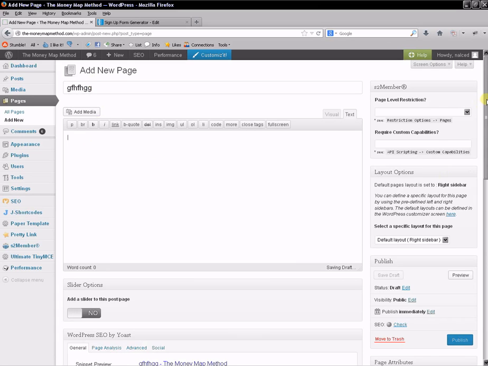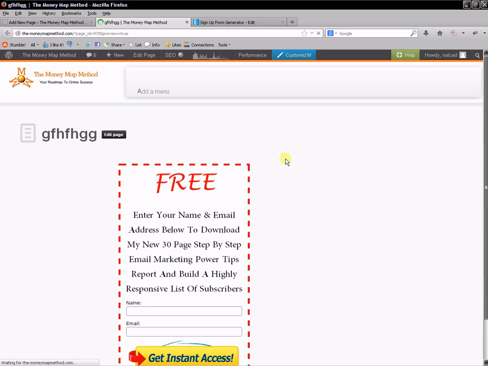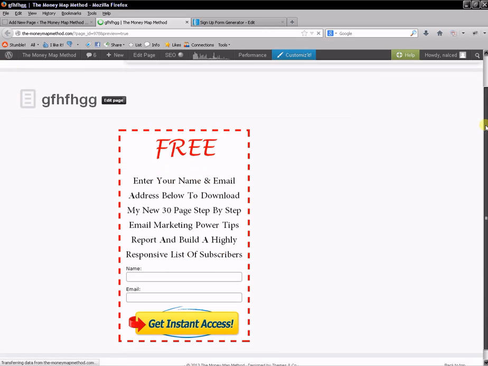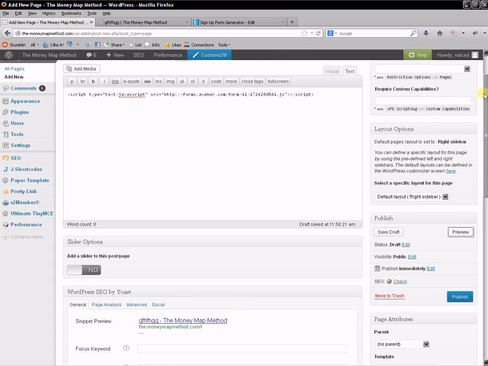And if I go down here and paste this in, for example, and then I go to preview it, and I'm sorry if this is running slow for you, but let's see what this looks like. Right, and there we go. So if you put it onto your normal WordPress page, if you create a new page, then this is what it would look like. But as I said, I used a paper template plugin because it's so much better.